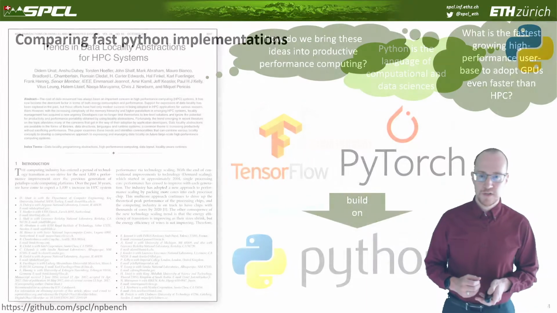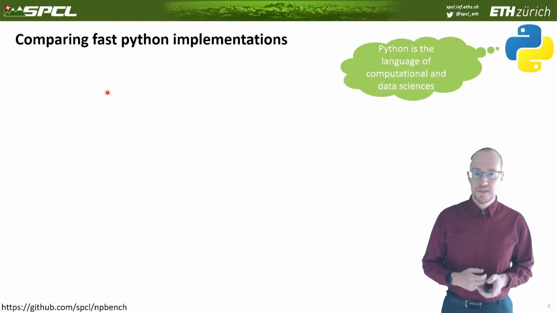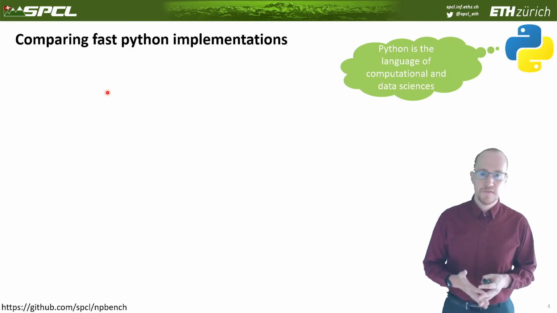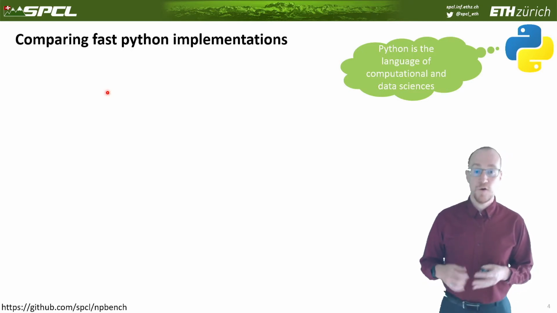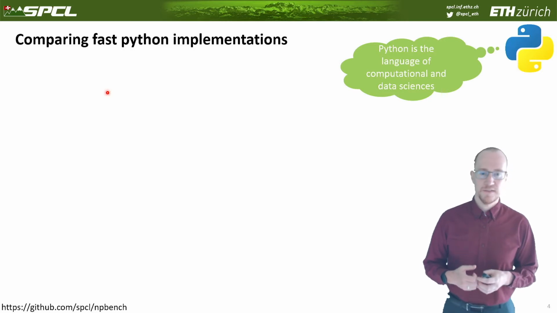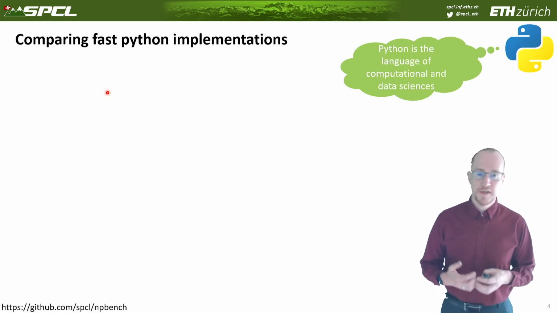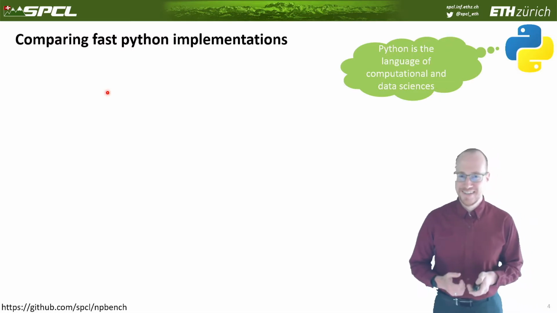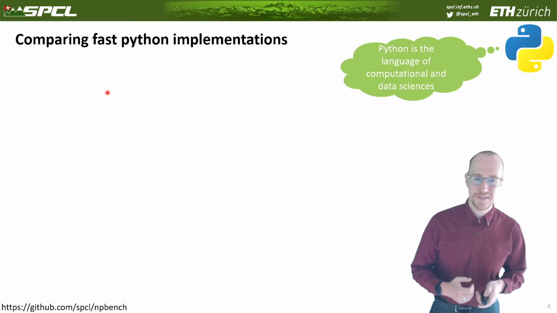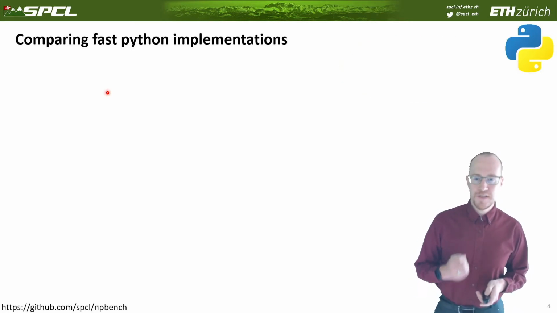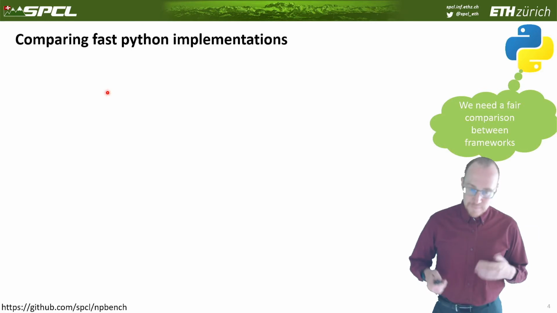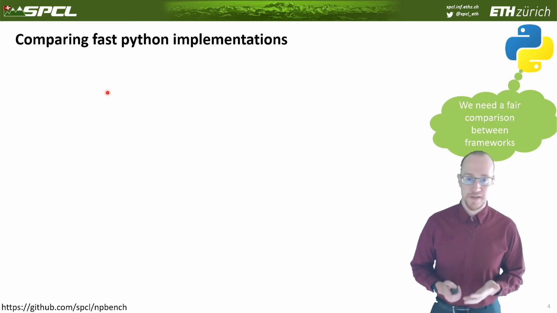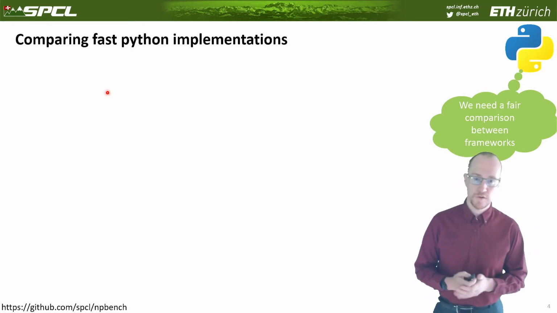So Python is a highly productive language, and Python actually was really not invented for computational and data sciences. However, NumPy was invented for that purpose. And NumPy is a very significant subset of Python. If you're a computational or a data scientist, you definitely know NumPy, because that is the Python way to program arrays. Of course, everything in data science and computational science is based on arrays as a data structure. And that's quite important. So many of these frameworks have been developed to actually support and accelerate NumPy and Python in general, but many of those actually aim at NumPy.